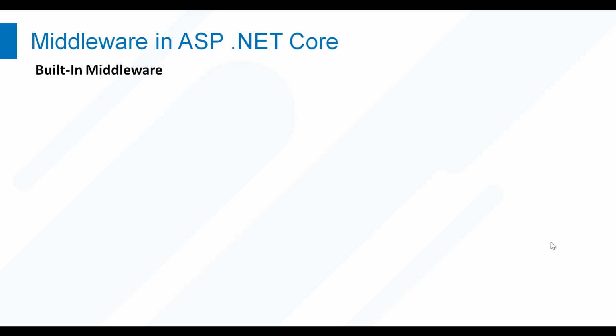There are some built-in middleware available in ASP.NET Core, so we should understand what they are. We need to remember to use the Use prefix naming convention when you create a new custom middleware. For example, suppose you have to create a custom middleware for file uploading, the custom middleware name would be UseFileUpload. Let's discuss what the built-in middleware are.